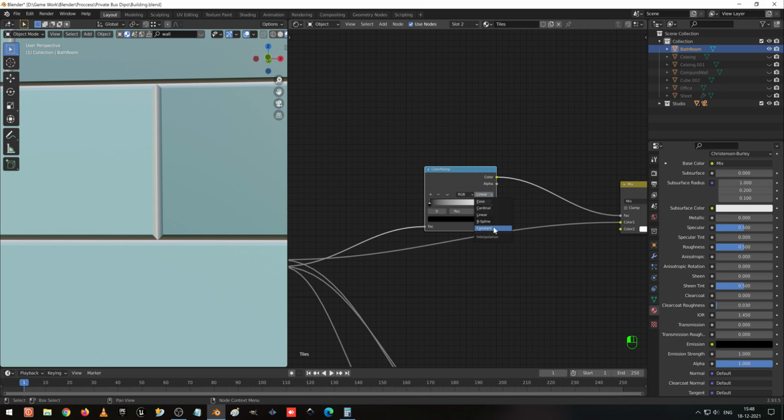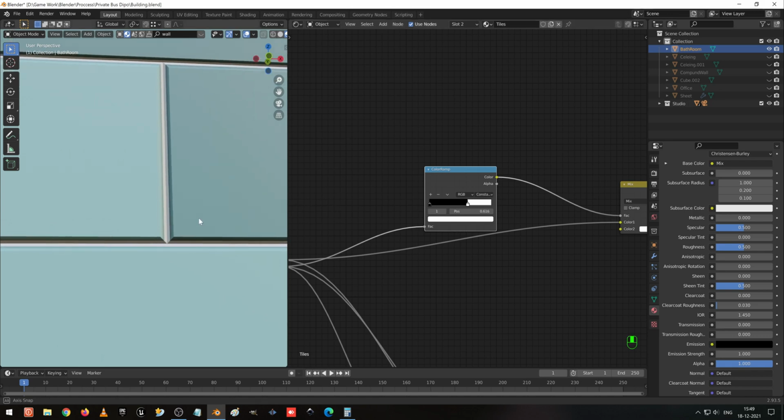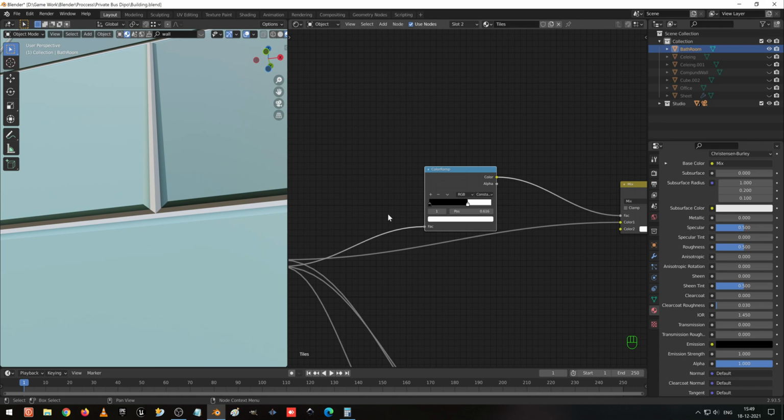I am going to set this to constant, and now this one is white, so this is black. So I am going to bring this to the front. You can see some white is coming closer, so I am going to adjust this. You can see some white is coming here. You can see it's increasing till the end. So this is what it does.